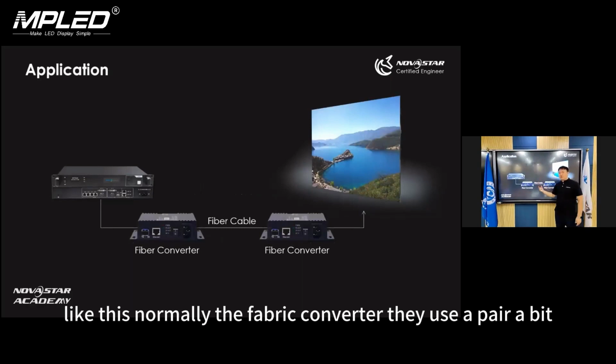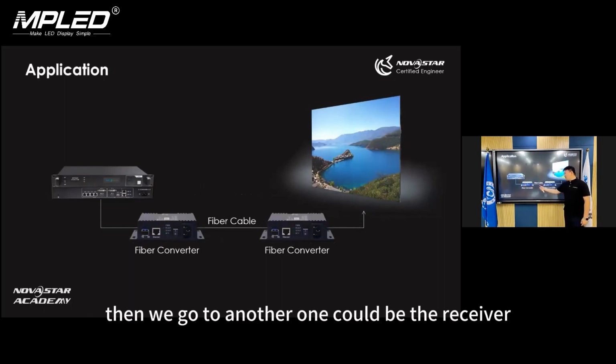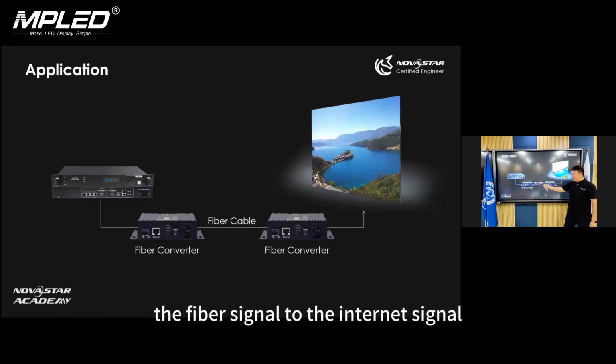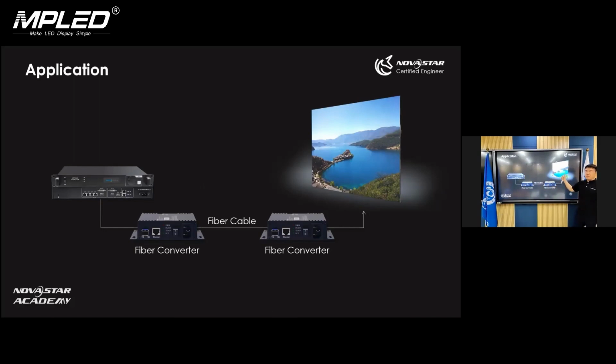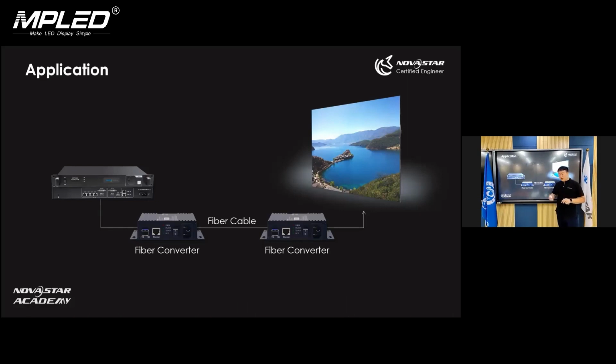Normally, the fiber converter is used as a pair. One converts the Ethernet cable signal to the fiber cable, then we go to another one, the receiver, which converts the fiber signal back to the Ethernet signal. Then we go to the screen. This is the structure. And currently, at Novastar, we have two